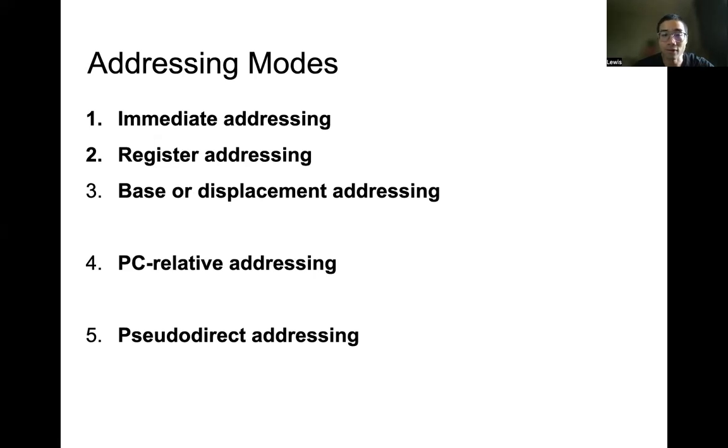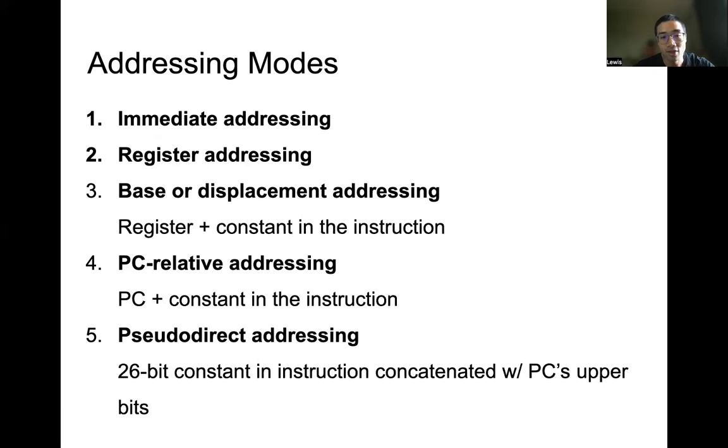And then the third, fourth, and fifth are slightly more complicated. The third one is called base addressing, or sometimes displacement addressing. The fourth one is PC-relative addressing that we just mentioned. The final one is pseudo-direct addressing. For the third one, you have a register, and the instruction also specifies a constant, so you just sum those 2 to specify your address. The PC-relative one is very similar, but now the first part of the sum is from the PC. Then for pseudo-direct, you specify